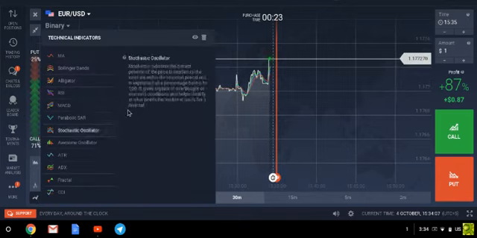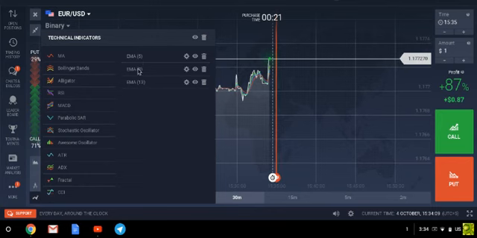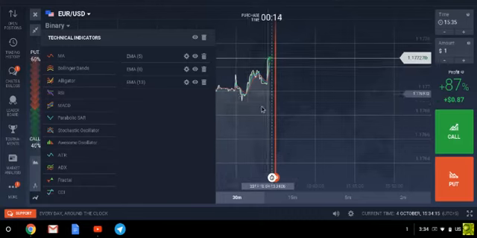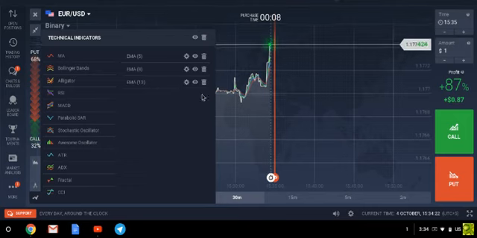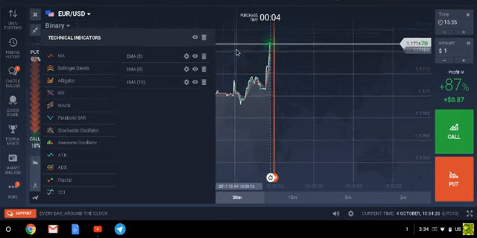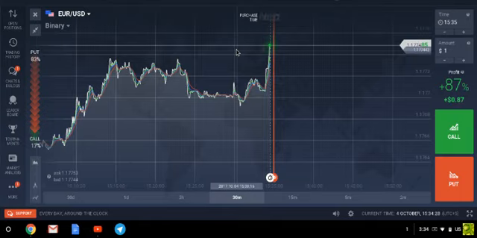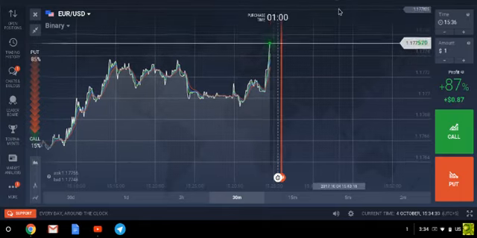I hope I'm clear about the trend continuation or reversal patterns. These EMAs will work for you. I again repeat it once: the EMA 5, EMA 8, and EMA 13. If the EMA 5 is on the top, it means it is an upward trend. EMA 8 is in the middle. If EMA 13 is on the top, then